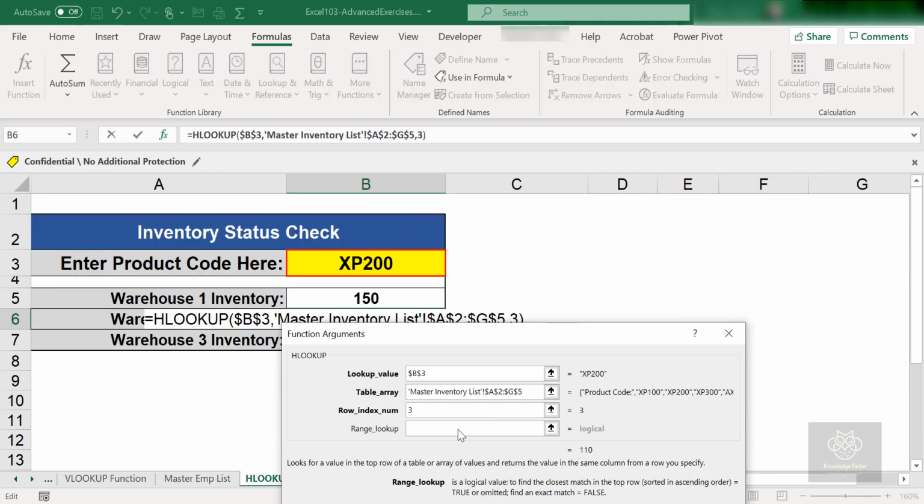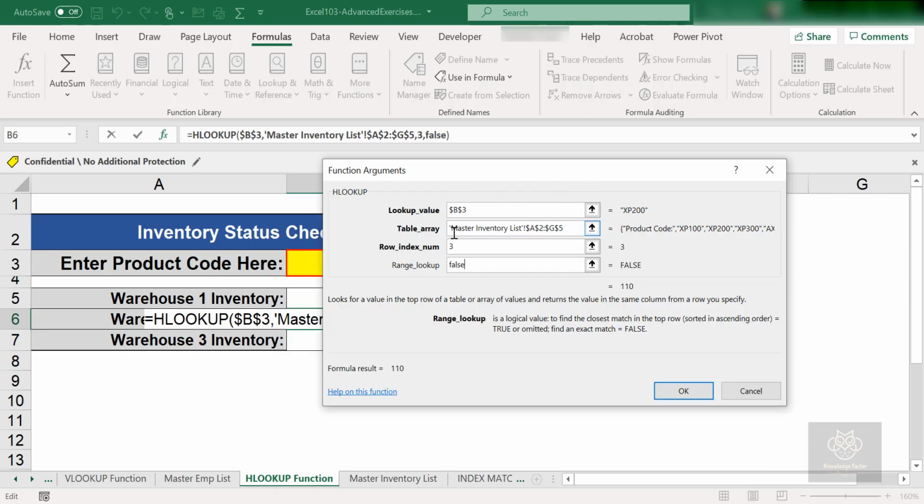Alright, so the last thing, if you watched the VLOOKUP in our last video and practiced it, then you know it very well that we are going to follow the same idea here. Range lookup, right? Do you want to find the exact match, or do you want to find the closest thing to it if it can't find the exact? Well, I want to find the exact, so I'm just going to say FALSE, right? That's it. So what you are looking for, the second one, where am I going to look for it? The third one, which row you want to return back to once I found it? And then the last one, do you want the exact match or not? I'll just hit the OK